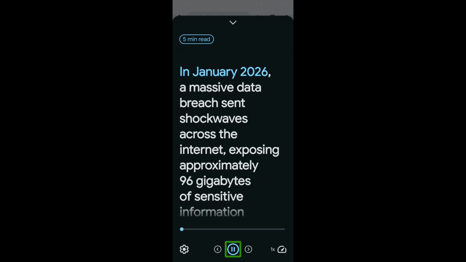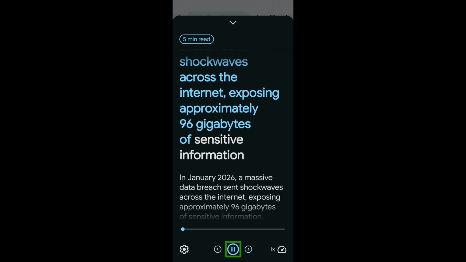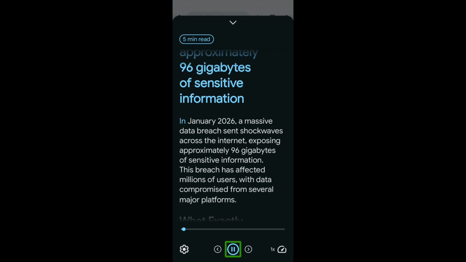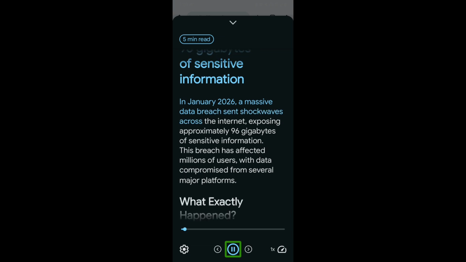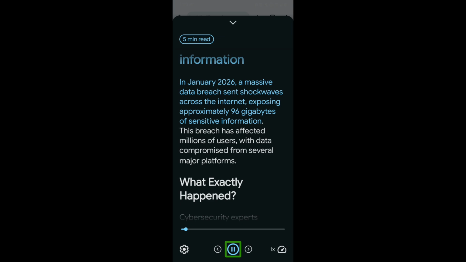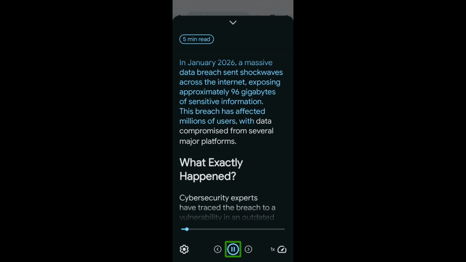In January 2026, a massive data breach sent shockwaves across the internet, exposing approximately 96 gigabytes of sensitive information. This breach has affected millions of users, with